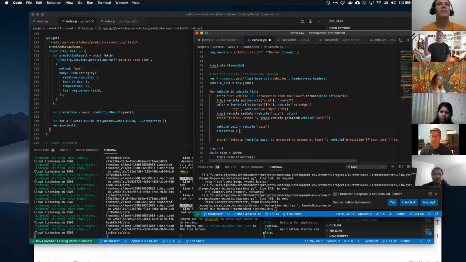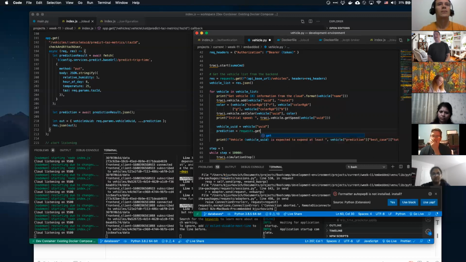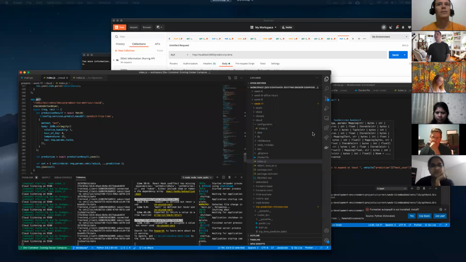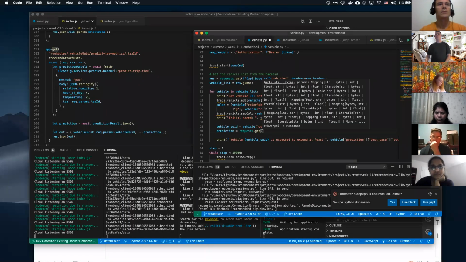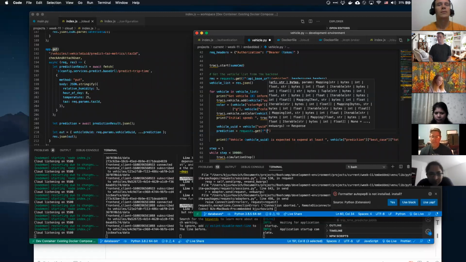We want to be able to predict for the actual request.get, because now it's not a put anymore because we're just getting it from our gateway. We're just doing request.get. So we're going from Python to Node to Python. We're doing a get, and then let's do API base URL.